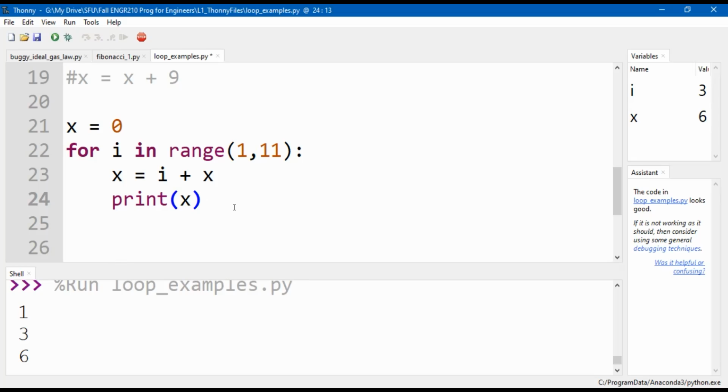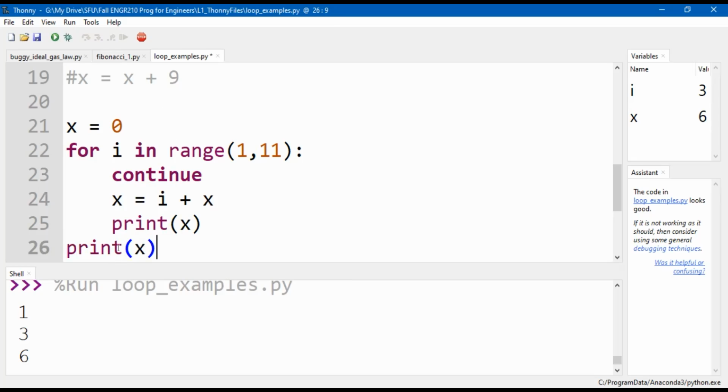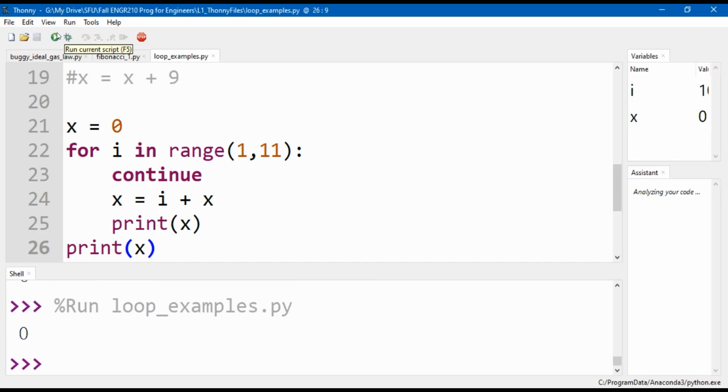Something else that you can use is the keyword continue. So I'm going to run this. I'm also going to just, at the end here, print the value of X. If we add up all the numbers from 1 to 10, I should see 55 print twice, right? Once from the end of the loop and once after. Yeah. So I should see 55 print twice here. Or instead I get a 0. That's annoying. What the heck?